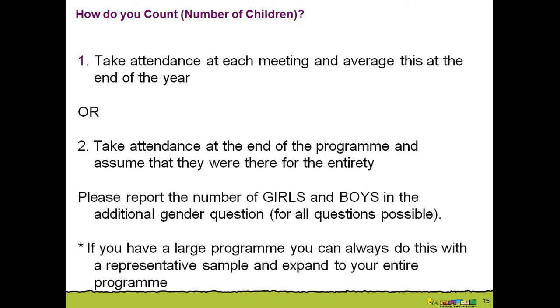there will be a different question for each of your programs. So that means there'll be a different question for Aflatoun formal education, a different question for Aflatoun non-formal education, a different question for Aflateen, and in the future a different question for Aflatot. So for each program, each curriculum, you'll have one report of how many children, and then at the end, we at the Secretariat will do an aggregate of all those programs you are implementing, and also show your total number. So you do not need to aggregate across curriculum, just report each curriculum individually.